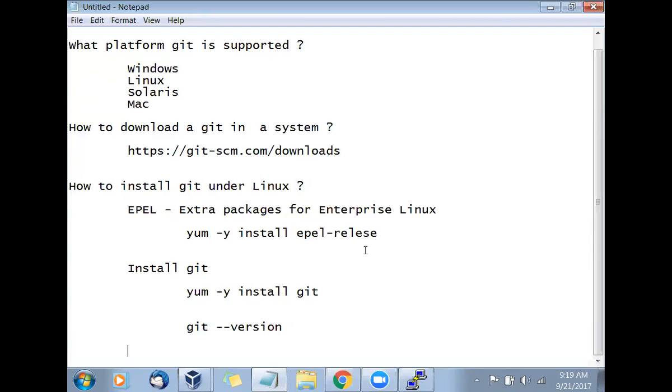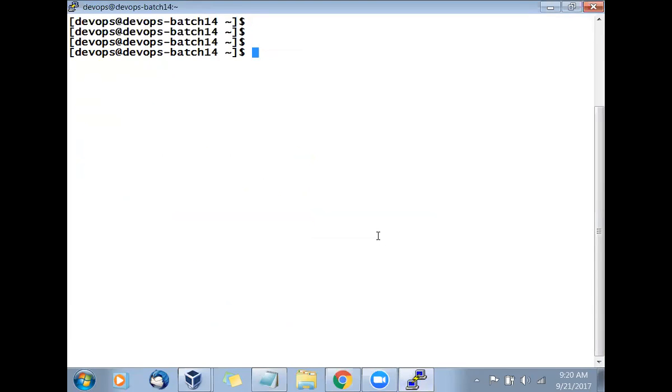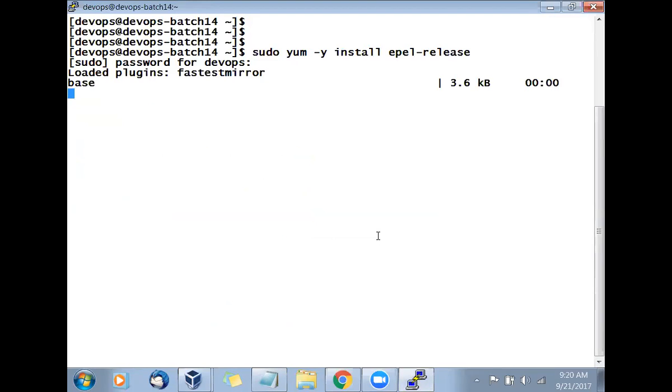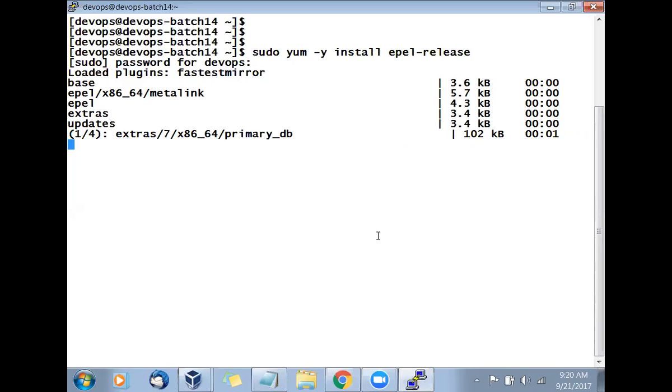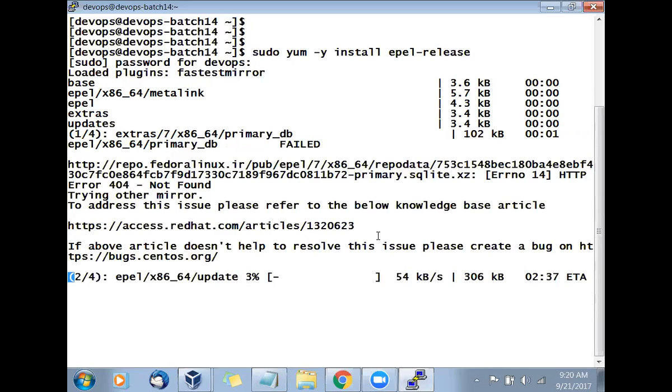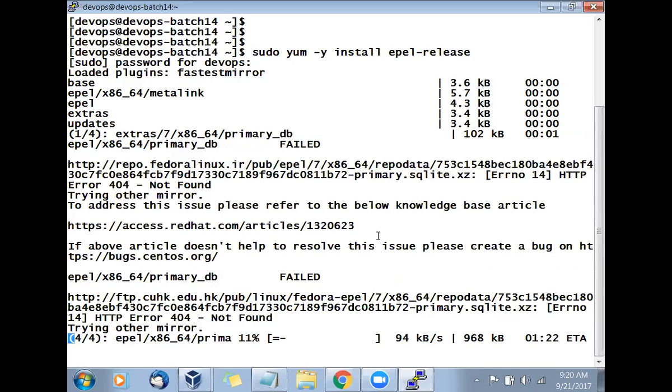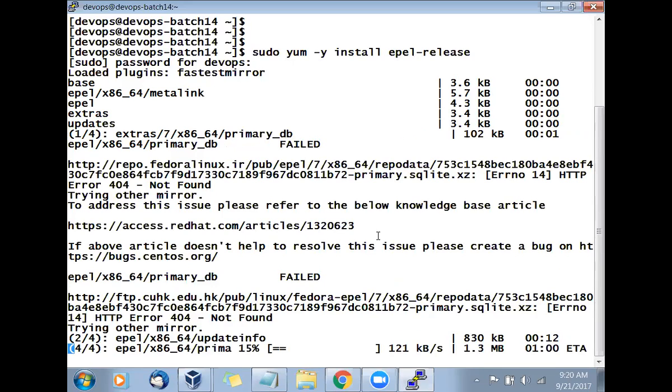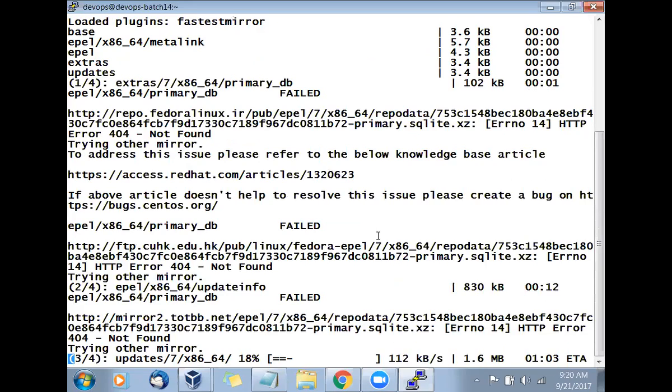Let's do it one by one. If you have written it down, I can go to the next step. I'll show you online. I'll run sudo yum install epel-release first, and try to get to the internet and install. It will search the EPEL repository. If it is already updated, it will say so and go on. If there is some problem, it will automatically fail over and keep working. So you don't have to worry about it.